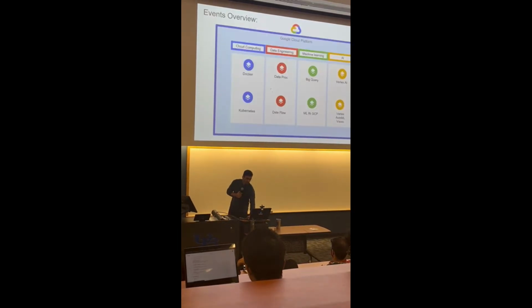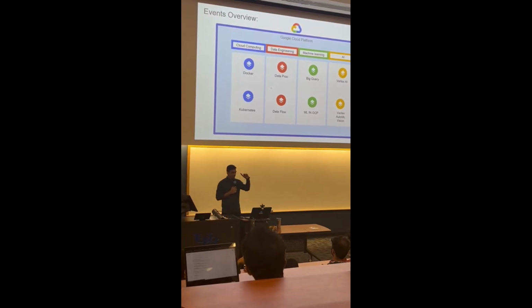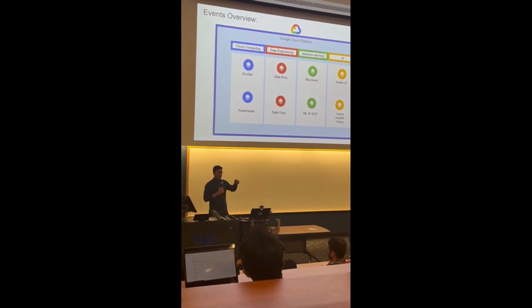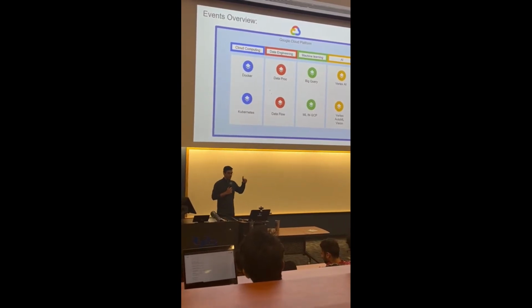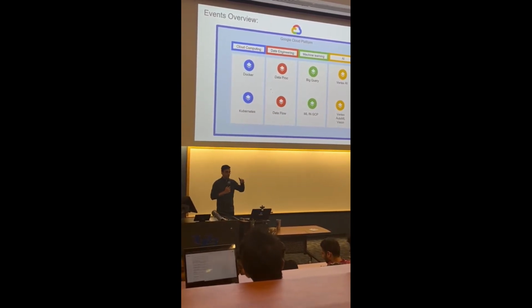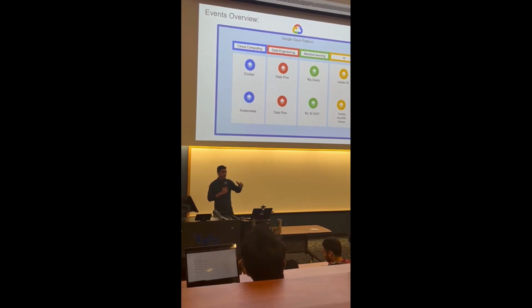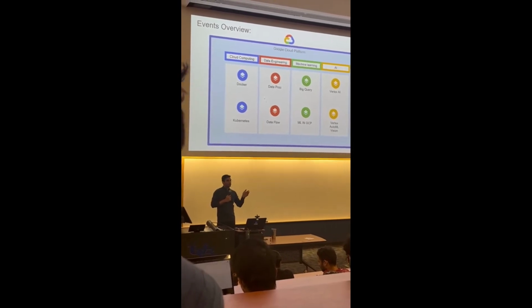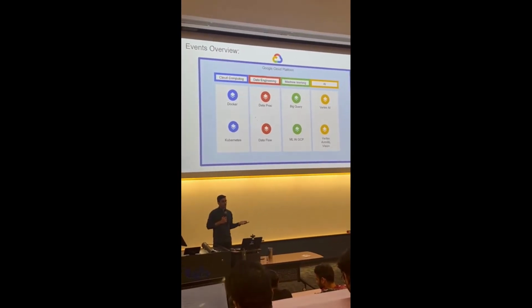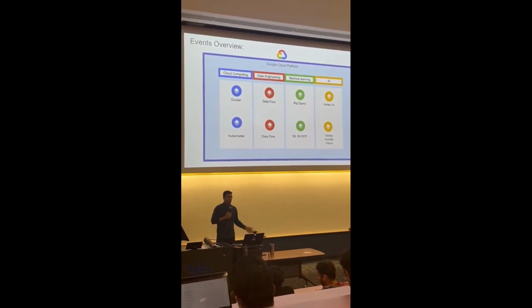So, just a quick recap. In each of these tracks, we have one quest attached. So we have one quest for cloud computing, one for data engineering, one for machine learning, and one for AI. These quests are basically 4 or 5 labs, and once you do these labs, you earn a certification out of it, which you can flex on your social media.